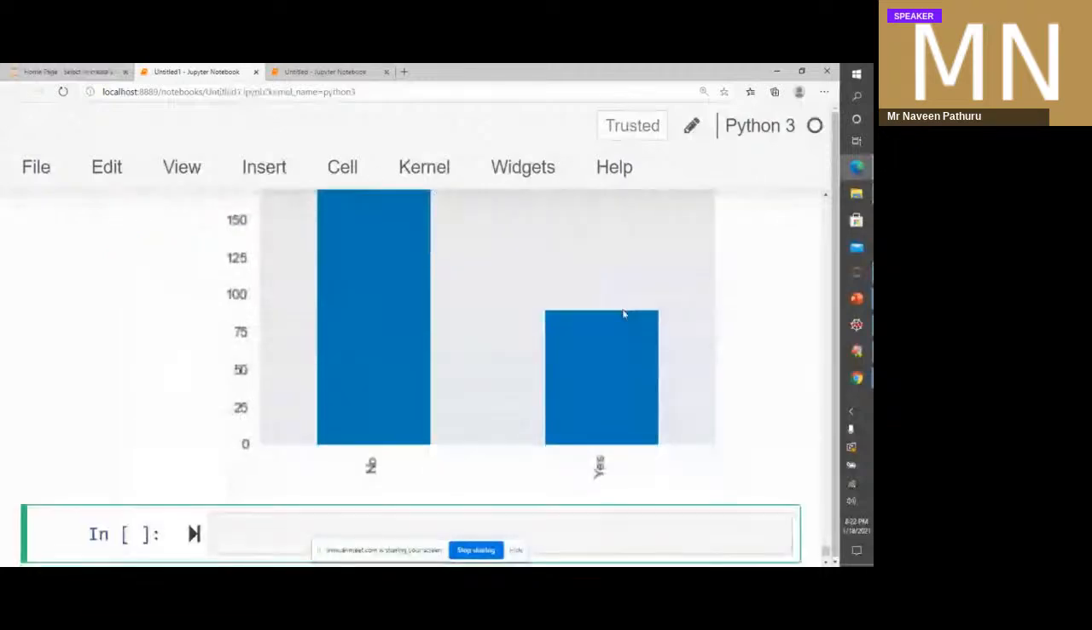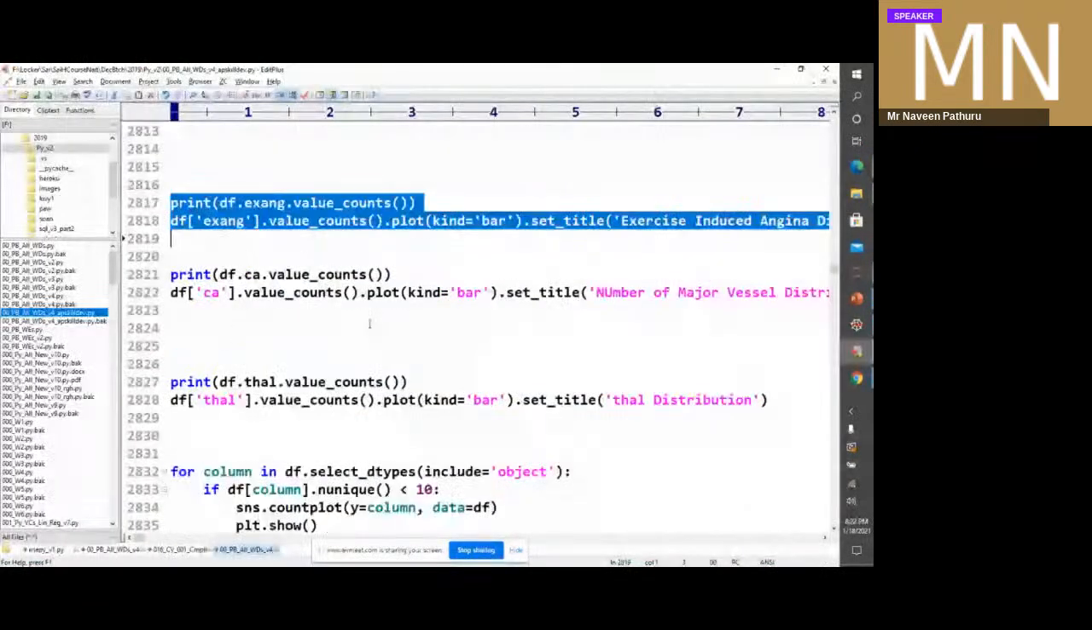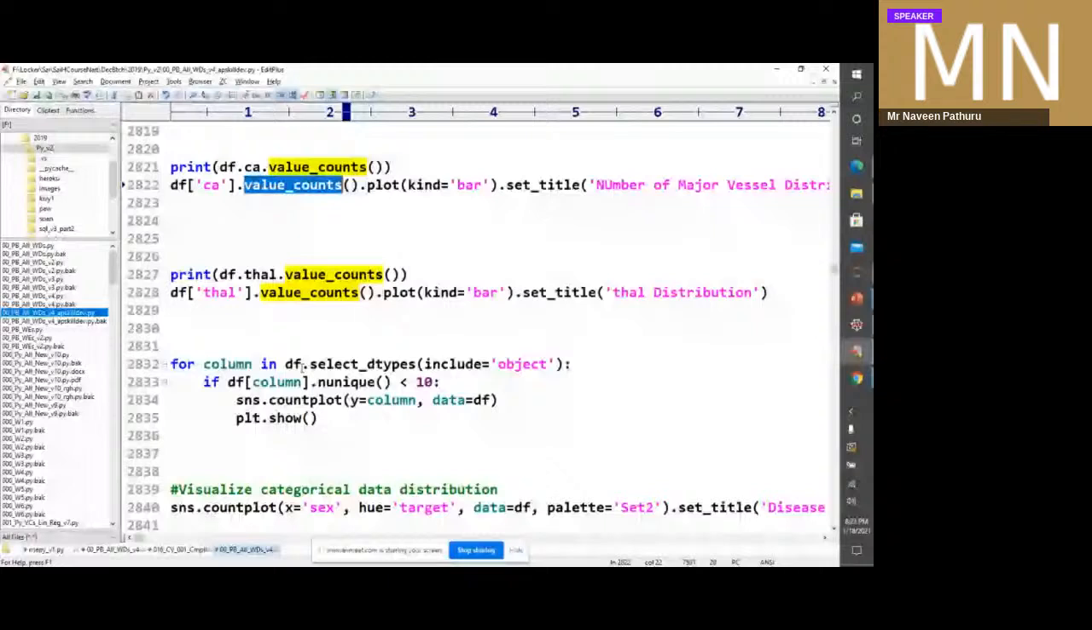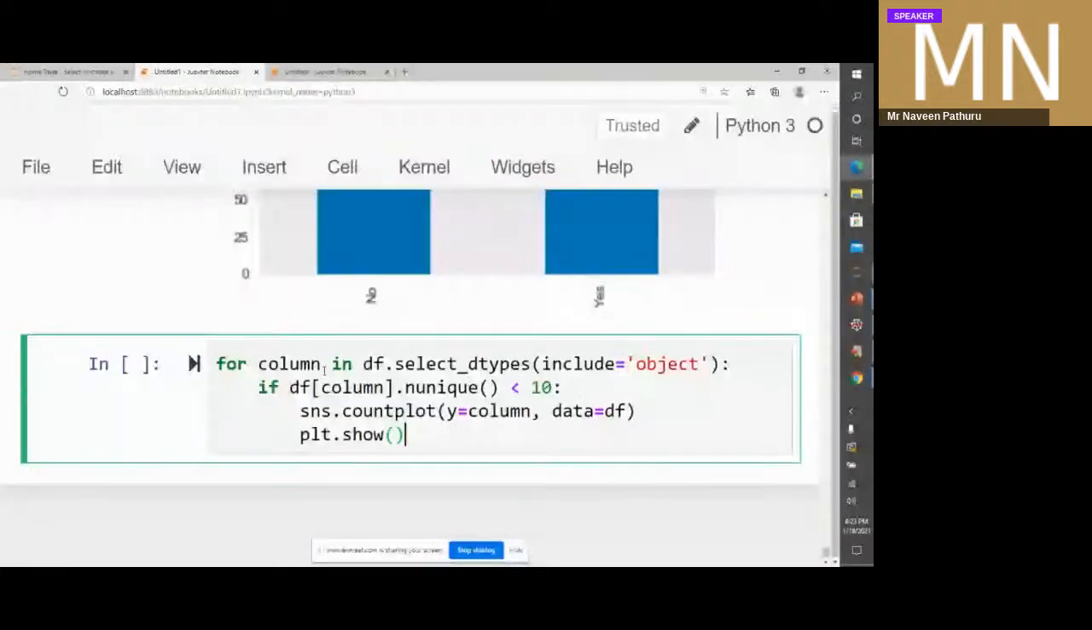Exercise-induced angina distribution. It's slightly tough even for me to understand. So this is where we are manually going ahead and performing a value count, and here is the count plot. We can select each of these columns which are categorical data. What we are doing is, if there are fewer than 10 unique values, in one shot we can go ahead